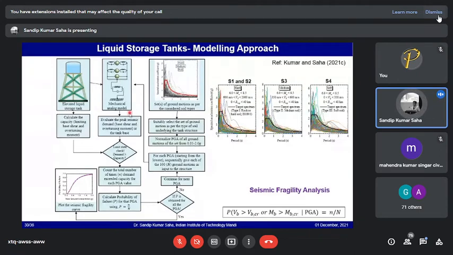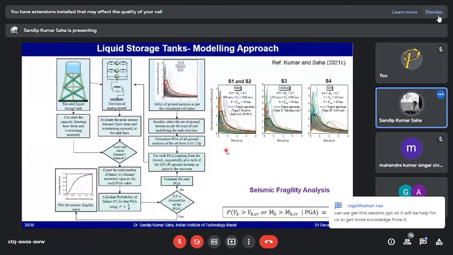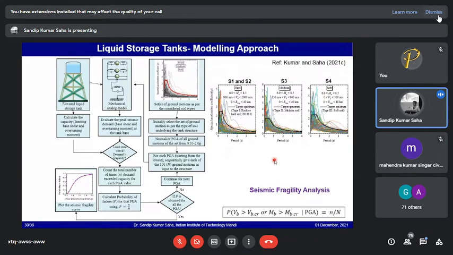So what about the lumped mass modeling we are using here? Ideally they were proposed without considering the presence of soil structure interaction. So essentially there is still a need to develop a model which can take care of soil structure interactions, a very efficient or more accurate model for this. But what are our observations on comparison of three-dimensional FE analysis of liquid storage tanks considering soil structure interactions and